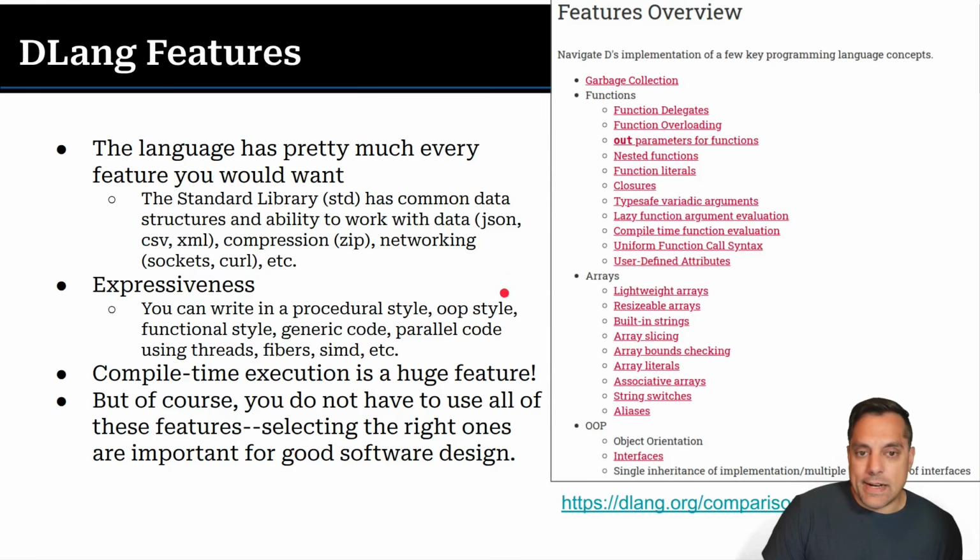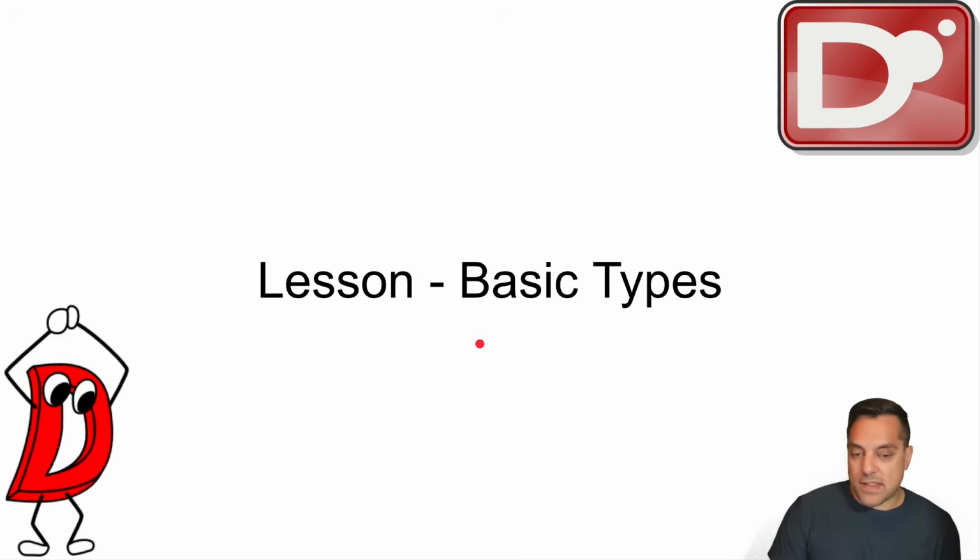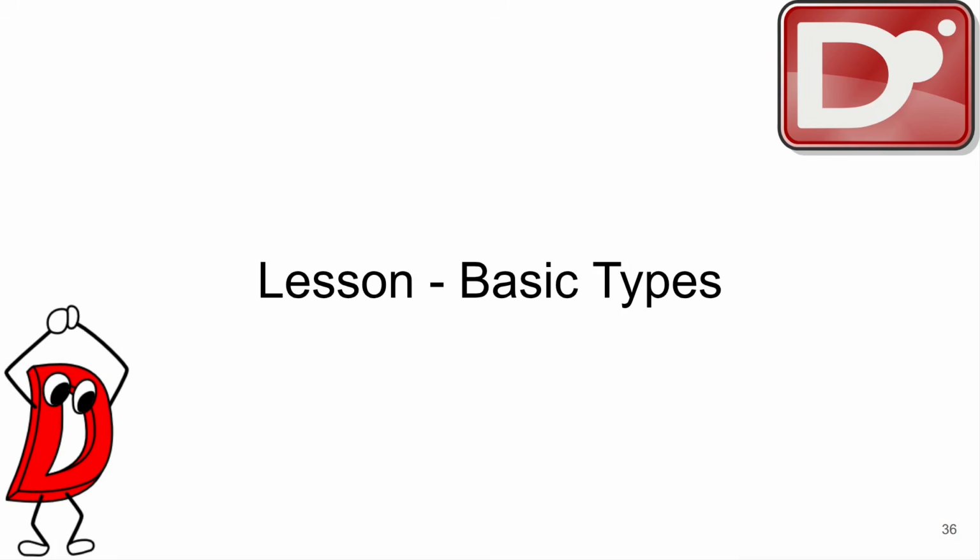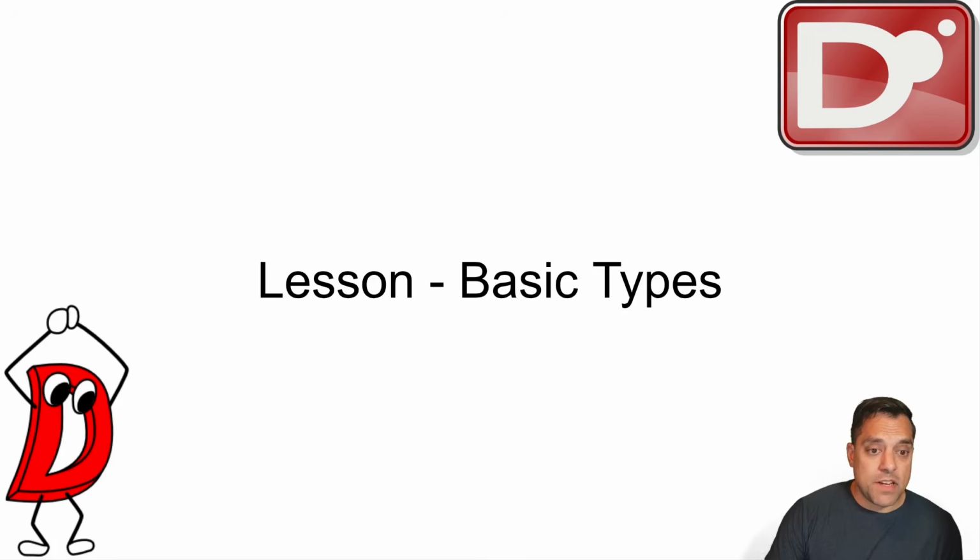So, it's got a full standard library. It's got some of the other stuff you would maybe expect, JSON parsers. You can make network calls. There's a wrapper around curl and sockets and stuff, which we're going to talk about. Again, multiple paradigm. And we already saw the compile time execution, which is very, very useful. So you can pick and choose some of these features, but they're nice things. So anyways, let's get into the language. And I'm going to give you the warp speed tour of this, so to speak.